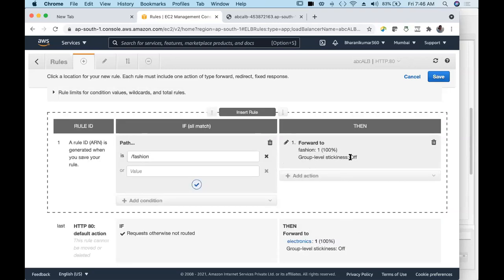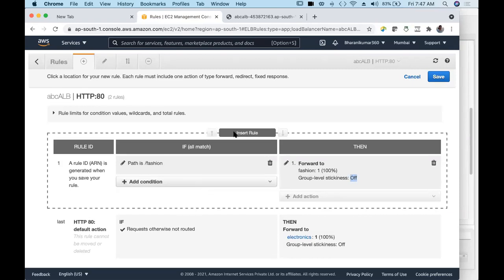I have not added any group level stickiness because I want to see how the load balancer switches between different servers. If group level stickiness is there, we would not be able to see that. So group level stickiness off, and save this also. Simple. The rule says that if path contains slash fashion, forward to fashion group.